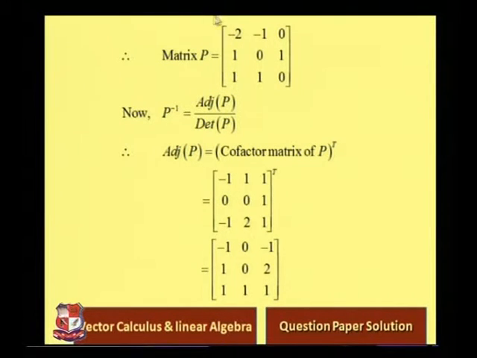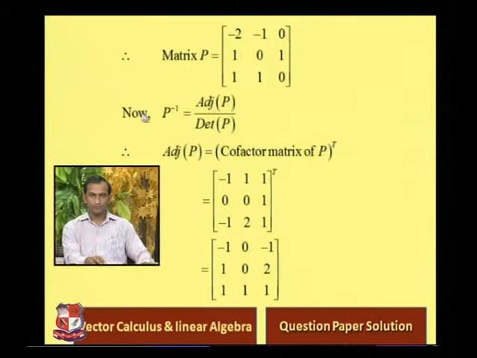So the first eigenvector is as shown, and similarly the second, because both are the same, so minus 1 0 1 0 1 0. Now P inverse. P inverse is the adjoint of P divided by the determinant of P. First we find the adjoint of P by using the cofactor matrix of P; its transpose is our adjoint of P. So our matrix P is this one, and in the cofactor matrix, plus 1 into this matrix determinant, so